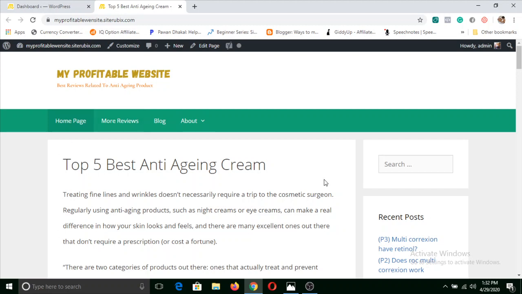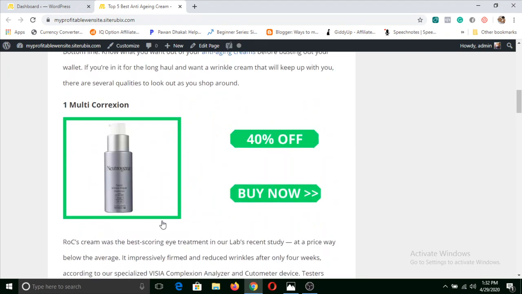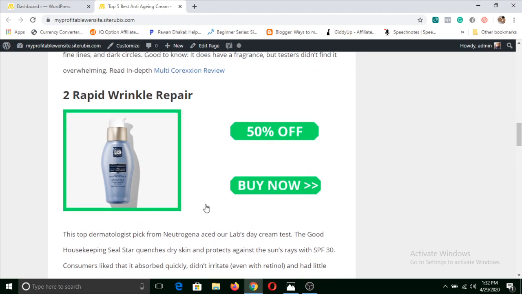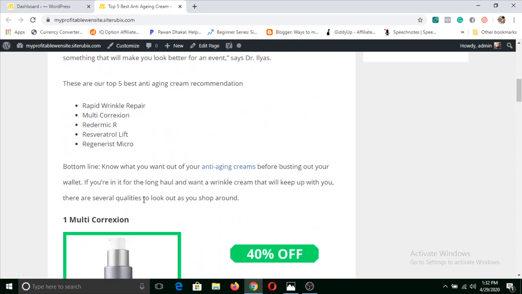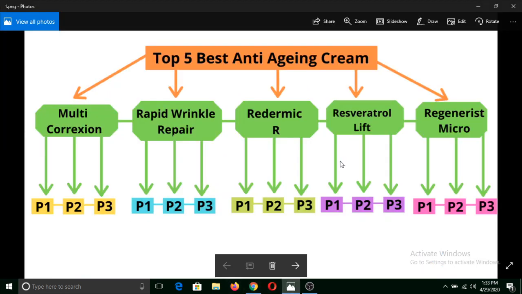We have already built a website like this. We have already separated our categories, and we have already made reviews of each individual product and linked it to our main page. Now we'll learn about internal linking. So I have made a structure that you should follow in your upcoming days, and I will explain each and everything here.